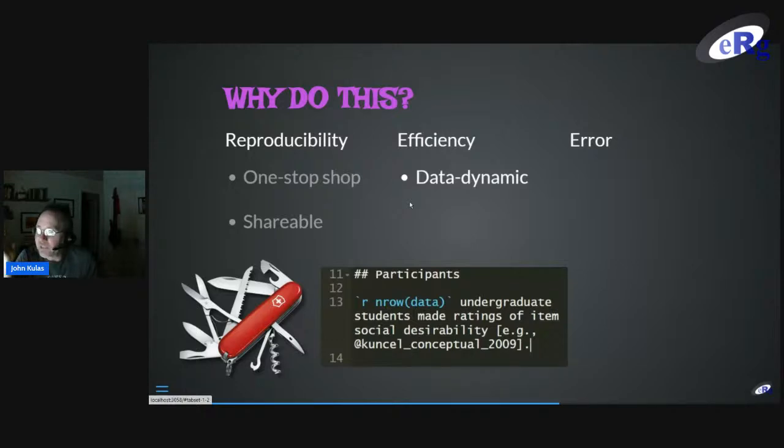So now if I collect more data, I don't need to go back to my word processor and amend that number 75. I just rerun my script and it automatically reads in the data, because the data is part of this living project itself. In terms of the dynamic aspect of this, I love it. I love how your summary of your project is this living, breathing thing that can change as your project changes, as your data changes.